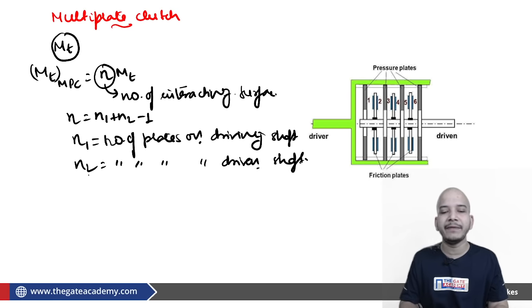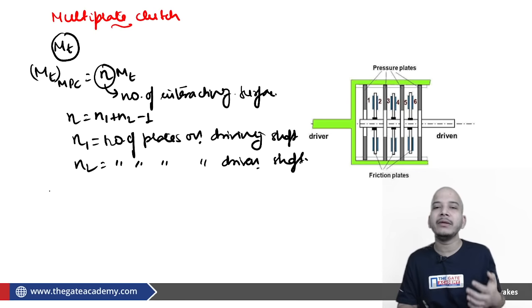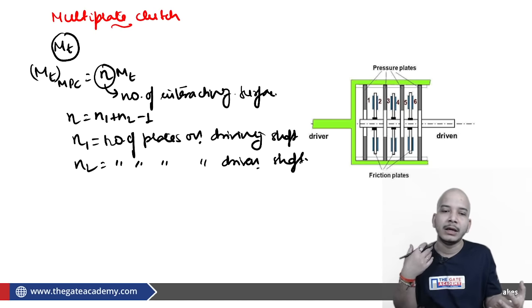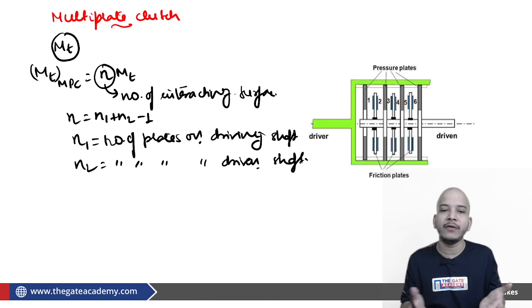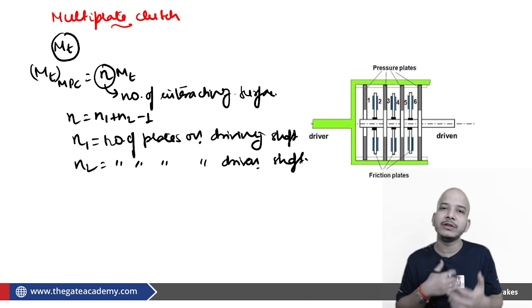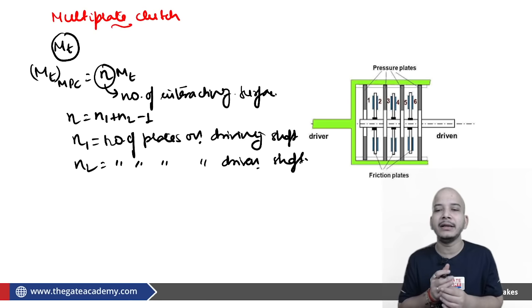And in the same way, if I ask, from there you can calculate the value of N, you can calculate the value of MT. So from here you can very easily say that the torque transmitting capacity of the multi-plate clutch is higher than that of the single plate clutch. Then is it that we always go for the multi-plate clutch? No, it is not mandatory that we will always go for the multi-plate clutch, because